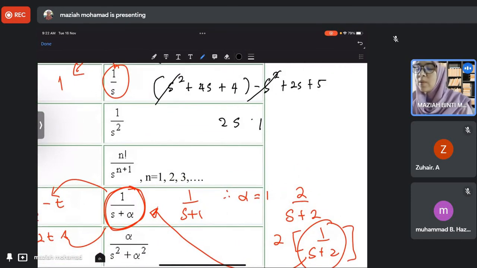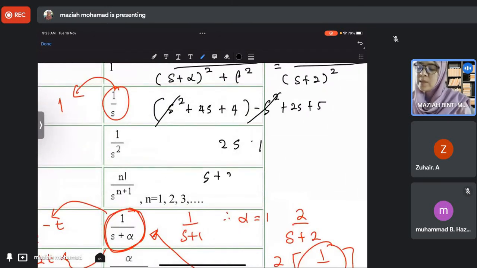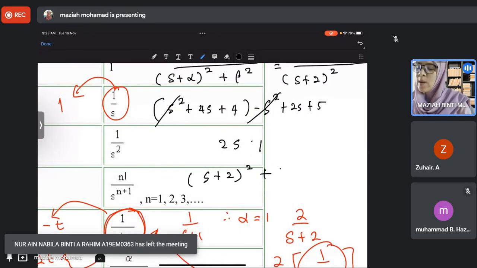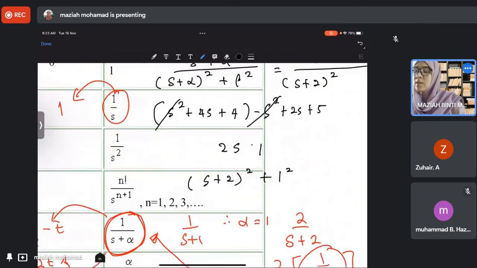Saya pun tak ingat lah. You try to manipulate ni. S plus 2 dah tu. S plus 2 square plus 1. Apa jadi S plus square plus 1 square? 1 square 1 lah. But what if